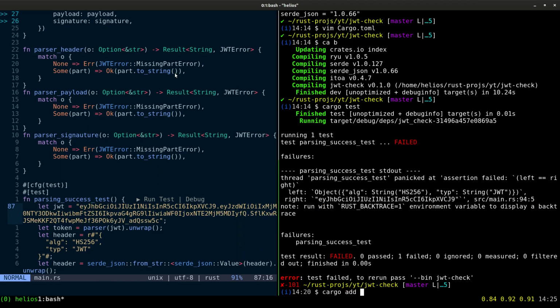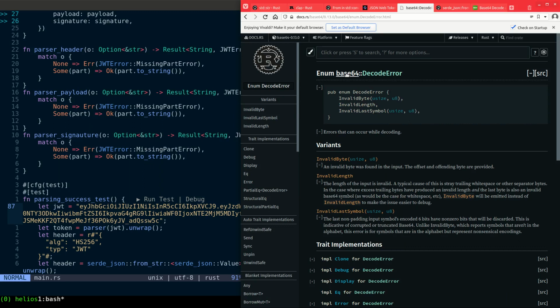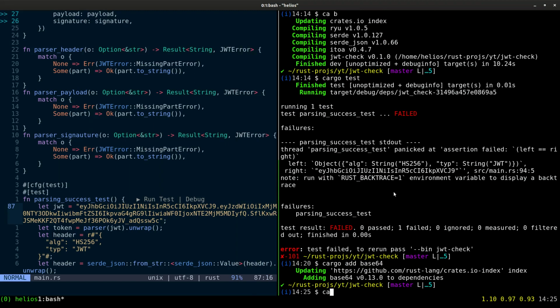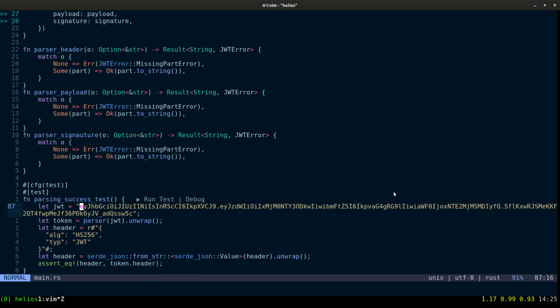Cargo add, I think it is called base64. I think it's base64, right? Let me go verify it. Base64, yeah, it is called base64. This is a crate, yeah. Okay, base64, let's build it so we can use it in our code. And reload my Rust analyzer. Let's start